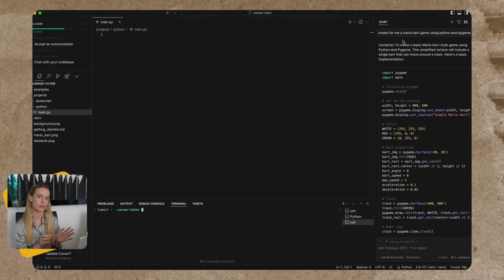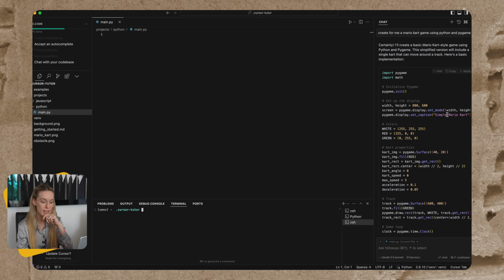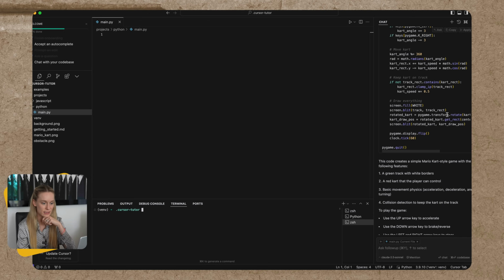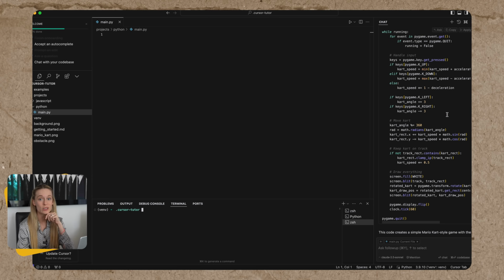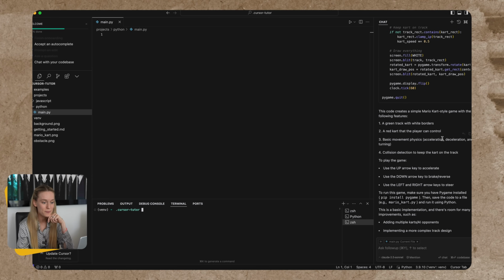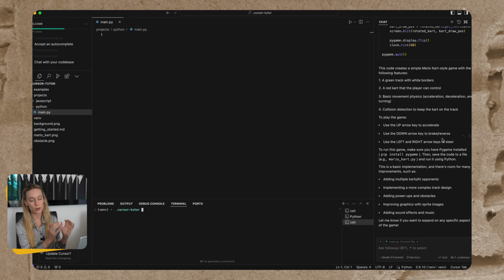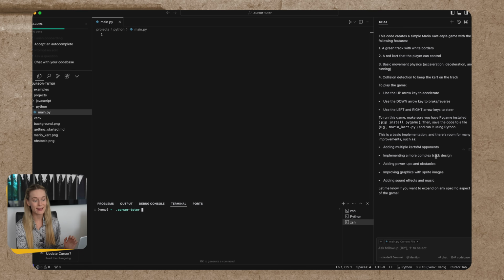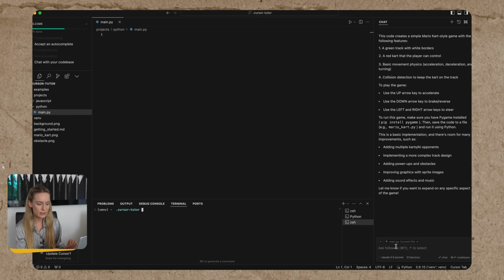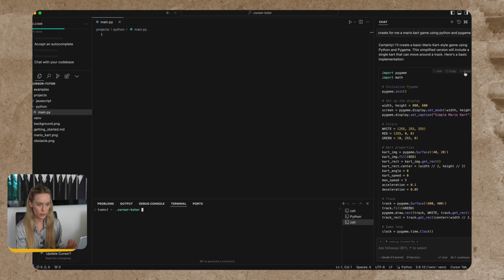So for this, we are using Claude 3.5, and it spits out the code as expected. The code looks pretty clean too, which was really interesting to me. I also like how it will go through what the code does, but then also how to run it and some suggestions. So let's go ahead and start with this. Let's go apply,